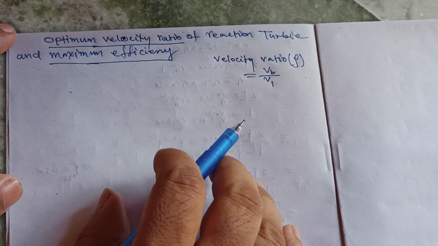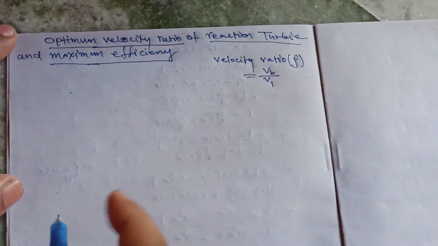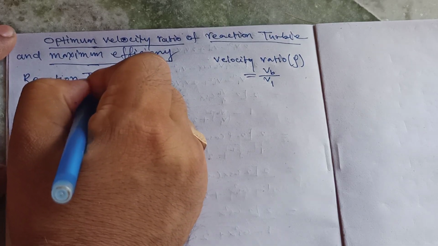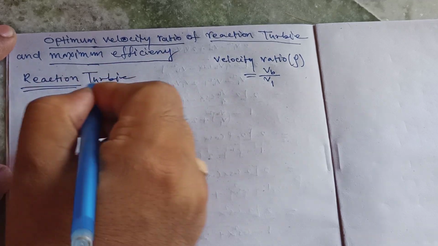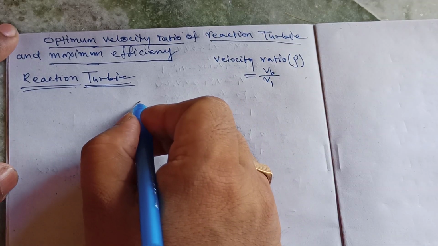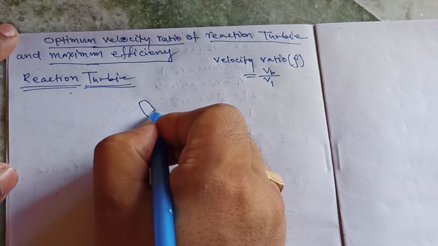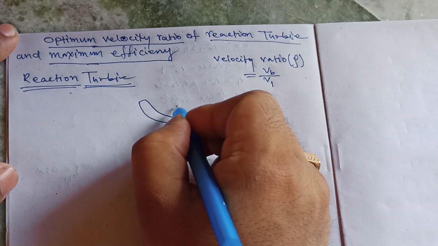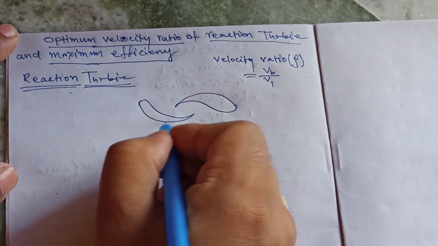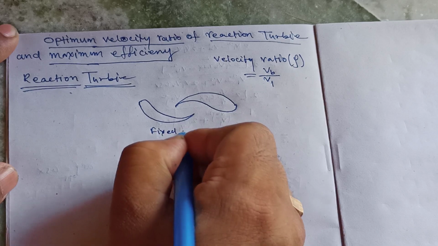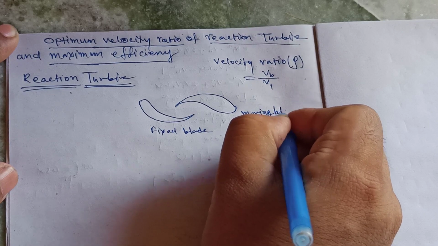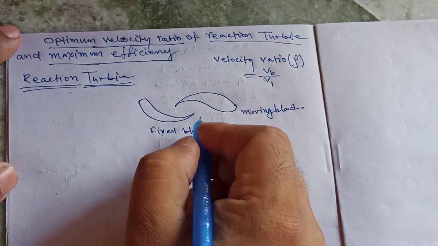First of all, we have to make the reaction turbine. What is reaction turbine? Reaction turbine having the fixed blade at the inlet and the moving blade. This is fixed blade and this is moving blade. Okay. Now,